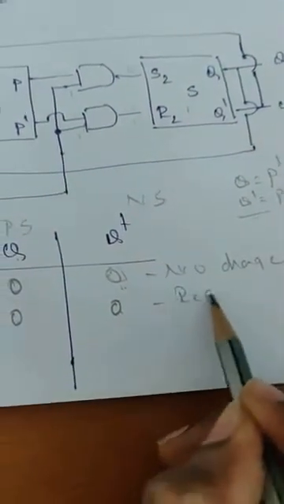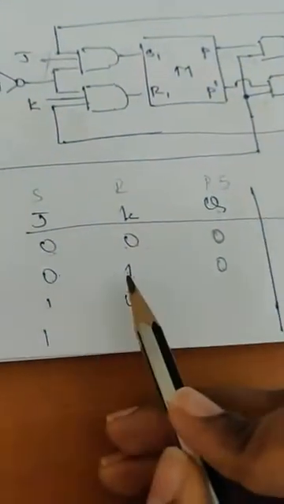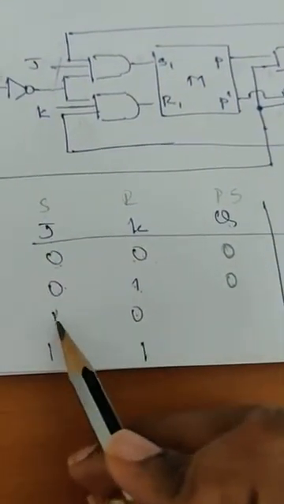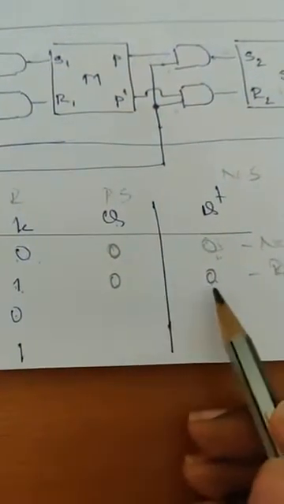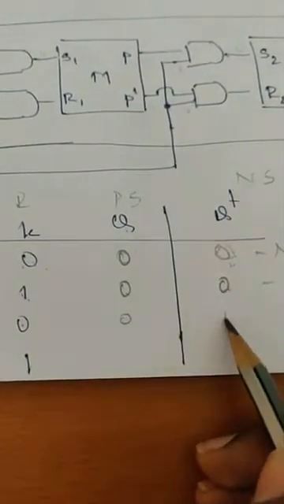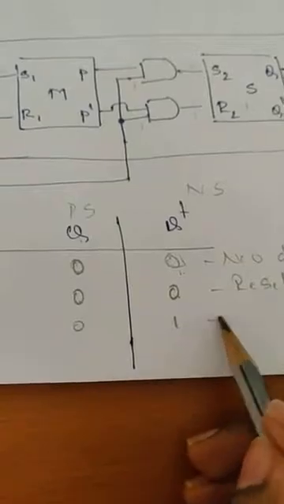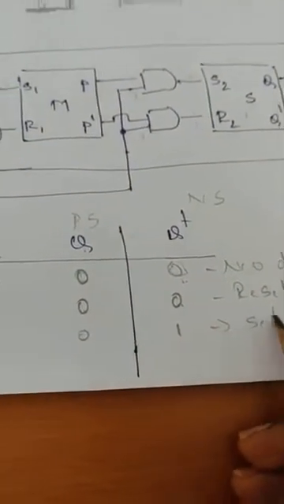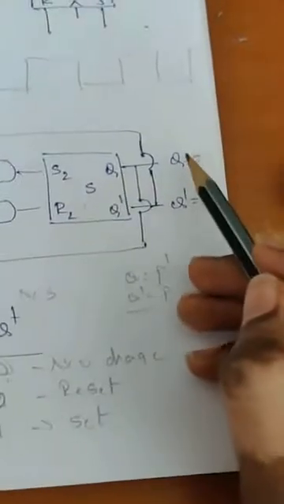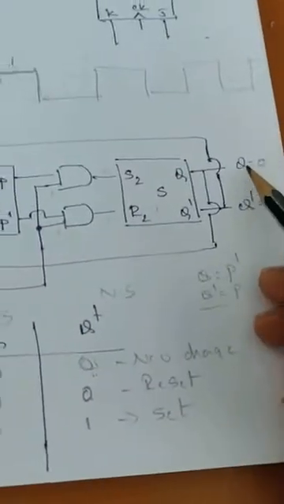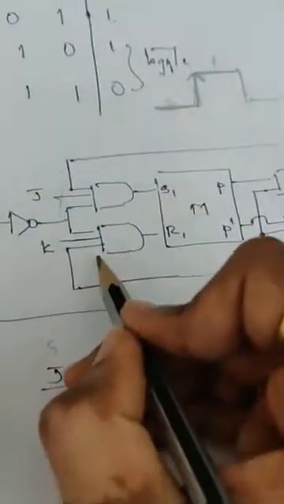This is reset state, whenever K is equal to 1, J is equal to 0. This is set state. Now it has to change. The present state is now 0. It has to change to 1. Now I am going to deal with this. So I call it a set state. Let me consider whether this Q will become 1 or not now. So again this Q, here it is 1.